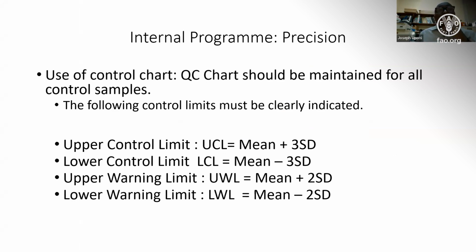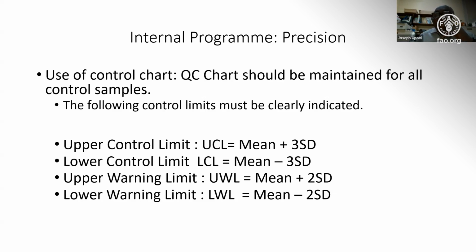And the Shewhart control chart sets limits for accepting or rejecting analysis. Usually, we have the control limits and the warning limits. The warning limits give you an indication that something is going wrong with your analysis. And usually it is set at plus or minus 2 standard deviations away from the mean, while the control limits are 3 standard deviations away from the mean. At 3 standard deviations away from the mean, you should reject the analysis altogether